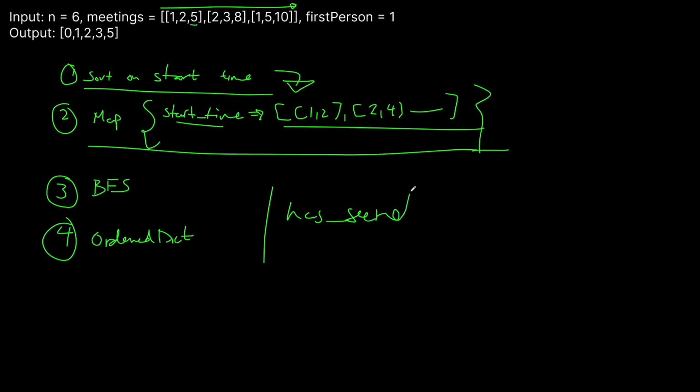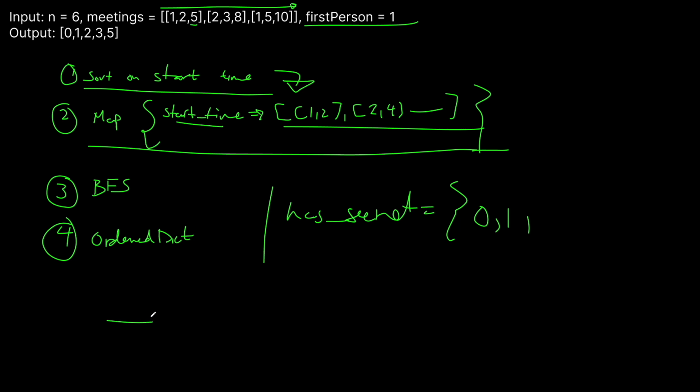And remember, we were keeping that set to indicate who has the secret, because if someone already has a secret in our graph, basically we don't want to process them anymore because they'll already have shared it. So we want to make sure that we don't accidentally re-add people, because we could screw up and end up processing more than we need to, because once someone has a secret, we don't have to add it back to our queue. So remember, in the beginning, person 0 always starts with a secret, and then whoever first person is,